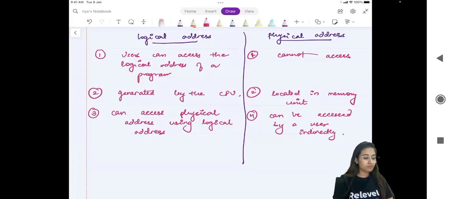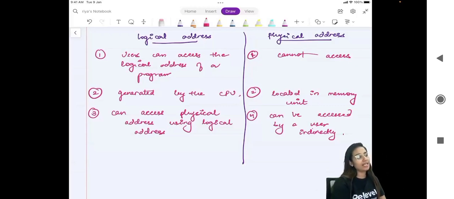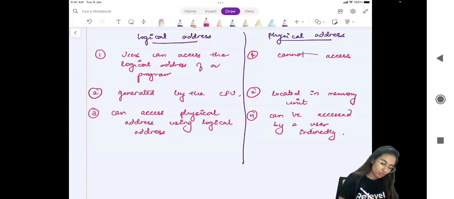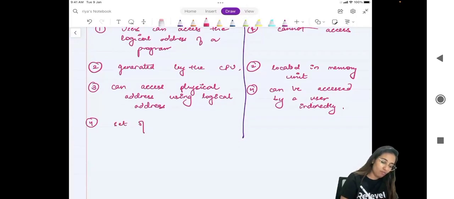The set of all the logical addresses that are generated by a program is known as logical address space, whereas the set of physical addresses corresponding to those logical addresses is known as physical address space. So here same thing is that the set of